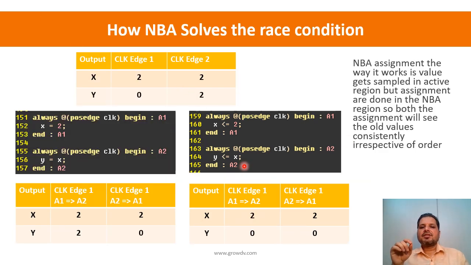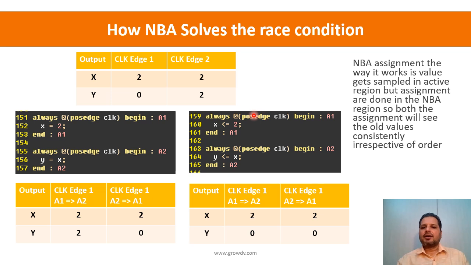So if we revisit the same example, and let's say this is the way we had modeled using the blocking assignments, and the top table is what we were expecting as hardware behavior. And let's say now I change from the left side to the right side, that is, from blocking I am changing it to non-blocking. Now what happens? In the particular time step when the passage of clock takes place,